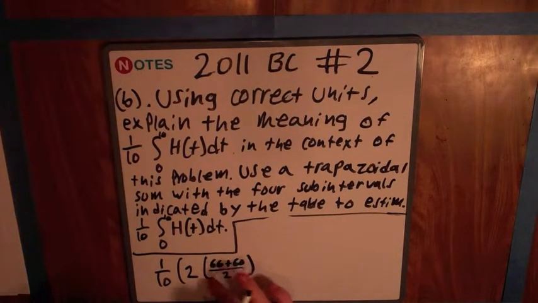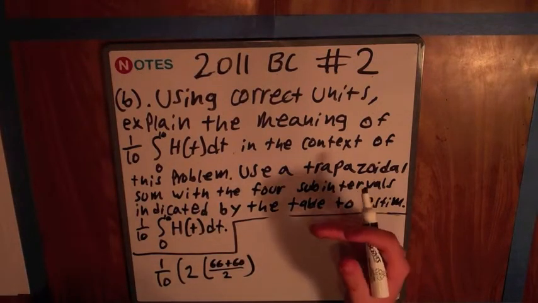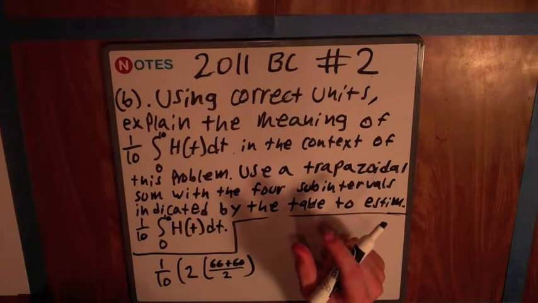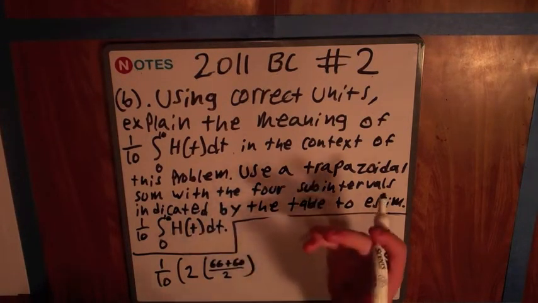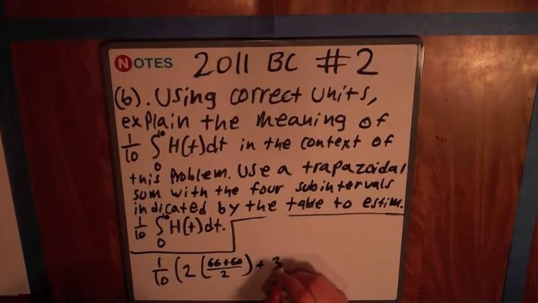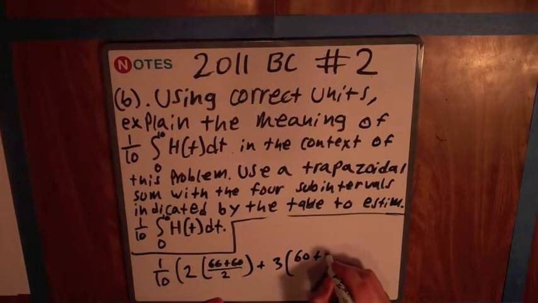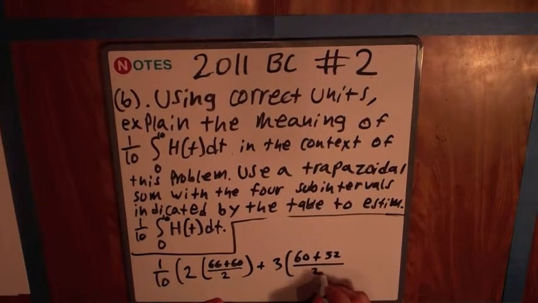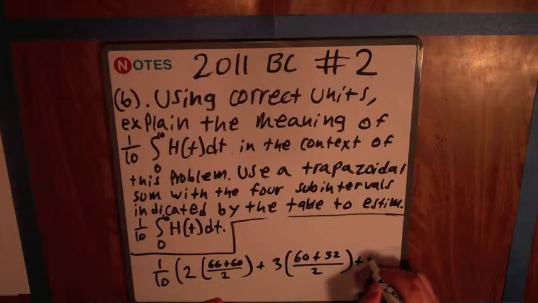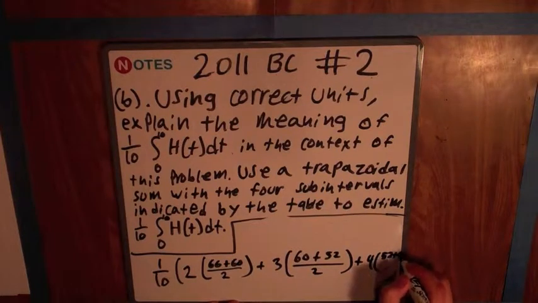So this is the average between 0 and 2 times the interval, and the interval was 2, 0 to 2. Plus 3 times 60 plus 52 all over 2 plus 4 times 52 plus 44 over 2,